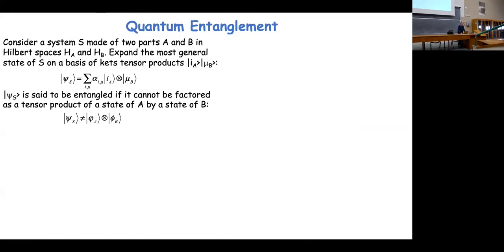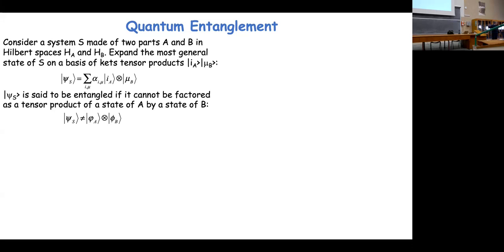So what is quantum entanglement? The definition is quite simple. When you have two systems, A and B, the most general state you can write with these two systems is written here. You take a basis in Hilbert space of A, a basis in Hilbert space of B. You make the tensor product of these two bases, and you write the most general